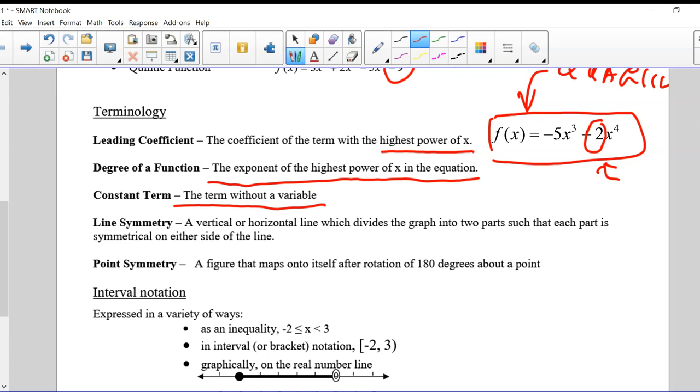So line symmetry is one kind of symmetry, but you also have point symmetry. That's a different kind of symmetry. A point symmetry is when the figure maps onto itself after a rotation of 180 degrees about a point. I'll give you an example. I sometimes use a graphing program to show it, but let's just stick with this. Let's say I had a function that looked something like this,